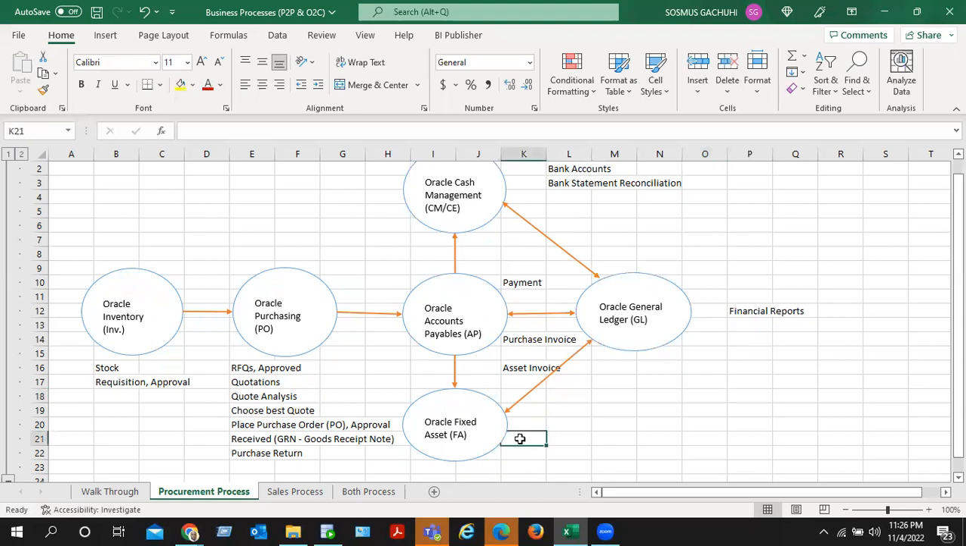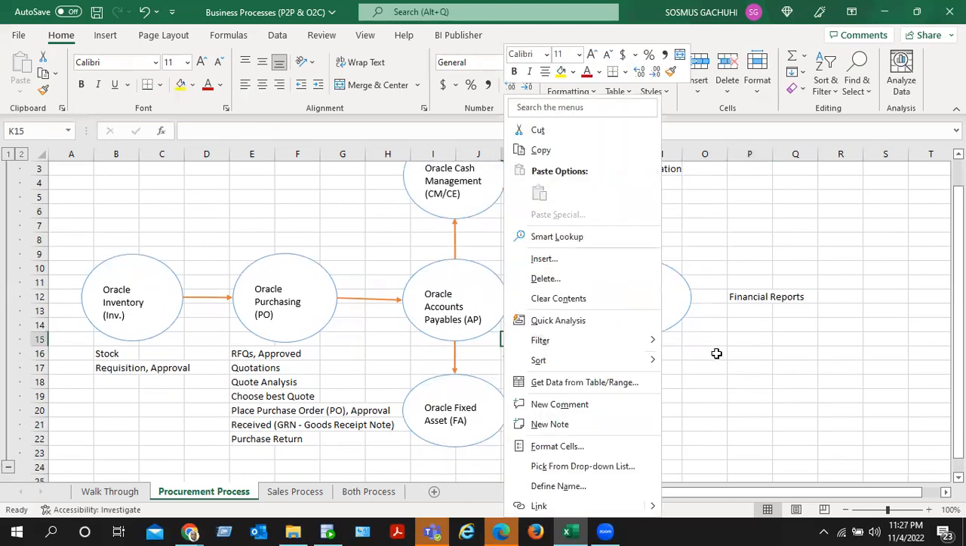So here we'll have maintain fixed asset. For maintaining fixed asset, we have to calculate depreciation. Under the Oracle fixed asset application, we maintain fixed assets and we do the calculation of depreciation. So basically, this is the